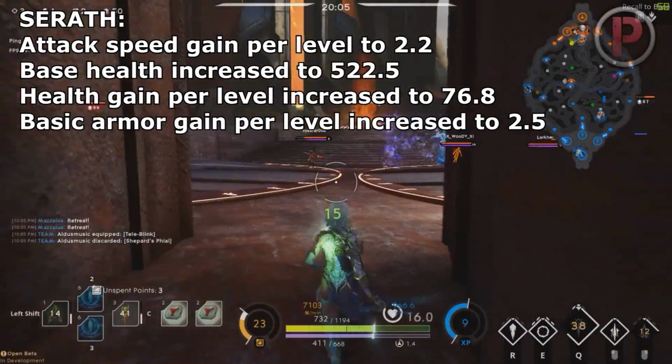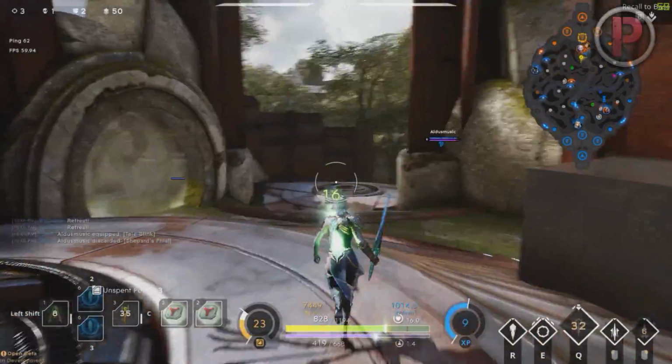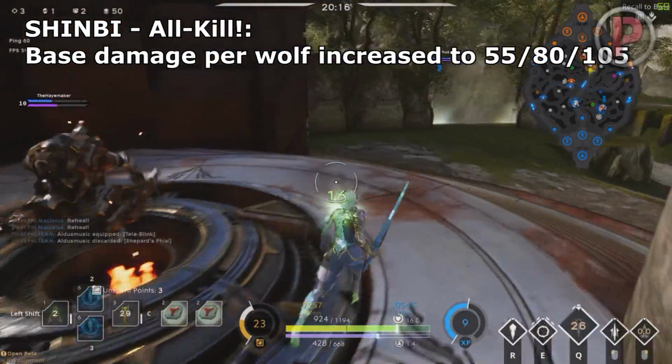Small changes to her just base stats, but I think that will definitely give her a buff, as before she just wasn't doing that well, so it's kind of nice to see that she's going to get a bit of love there. Shinbi, the only change they've done is her ult's base damage per wolf has been increased, so level